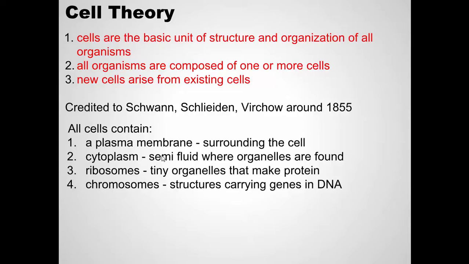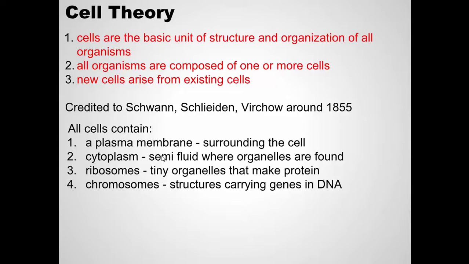And so we know that cells, regardless of whether they're a prokaryote, eukaryote, a complex organism, a simple organism, a plant, an animal, they all have a few specific things in common. All cells, first of all, have a plasma membrane, a cell membrane that surrounds them. All cells have that. All cells have, filling the inside of that plasma membrane, cytoplasm, sometimes called cytosol. Basically a semi-fluid material where the organelles are found, where chemical reactions take place, and so forth. All cells have ribosomes,